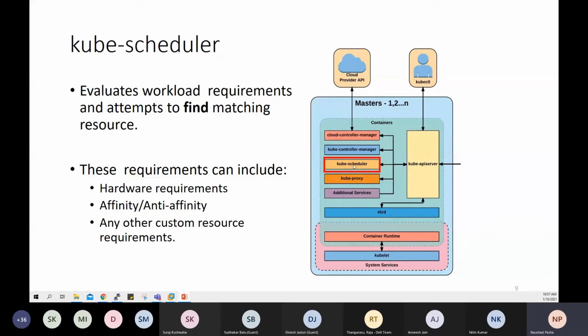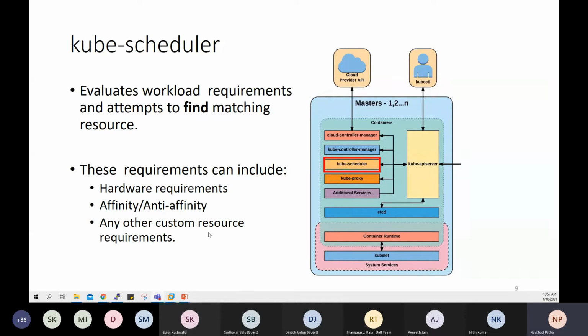Kube scheduler can do a lot of things in the backend, such as checking whether the user has any specific hardware requirement. Does the user have any requirements such as affinity and anti-affinity to ensure the application runs on the same node or on a different node?